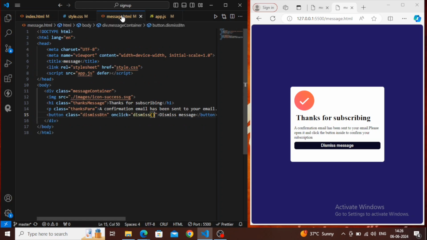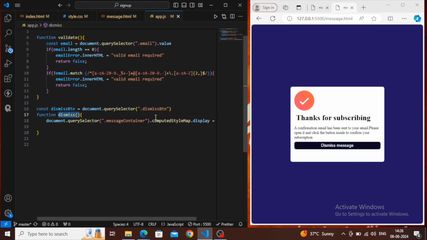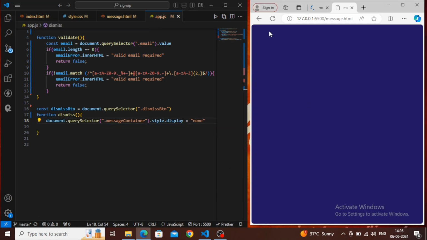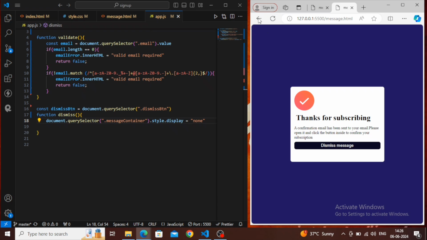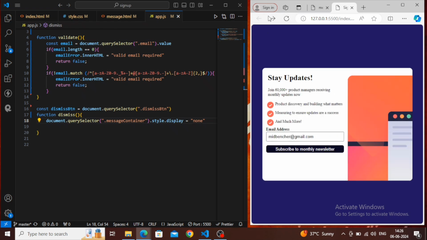Message container, here I have to write style. VS Code is automatically giving some of these things. So now when you click on this dismiss, then it disappears. So now it is perfectly working. Now you can get